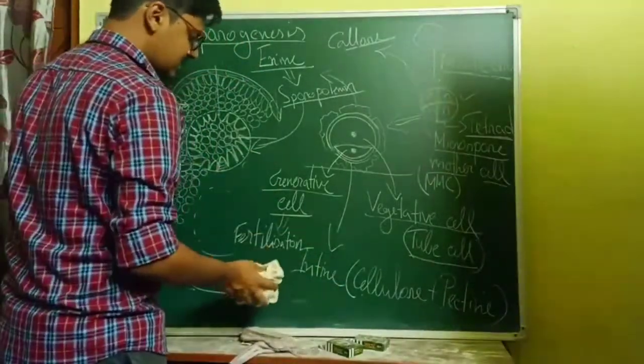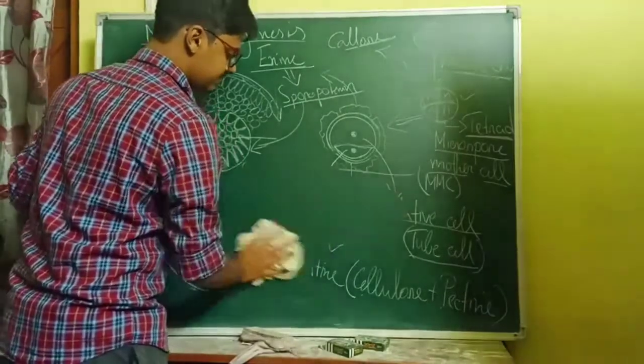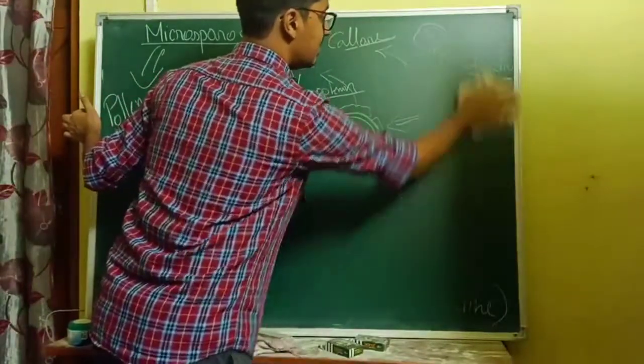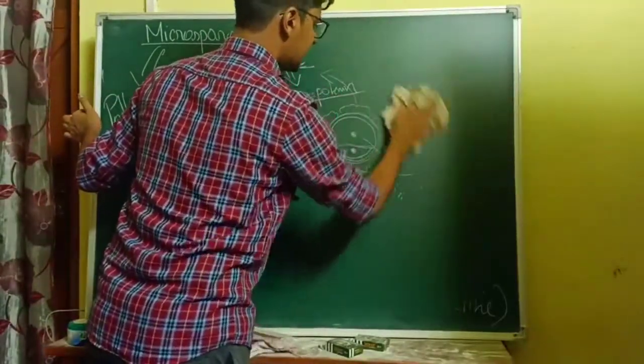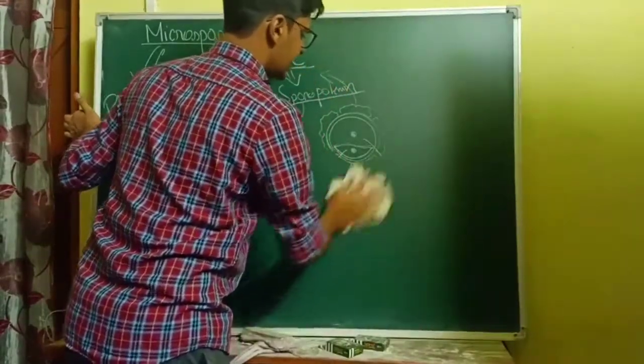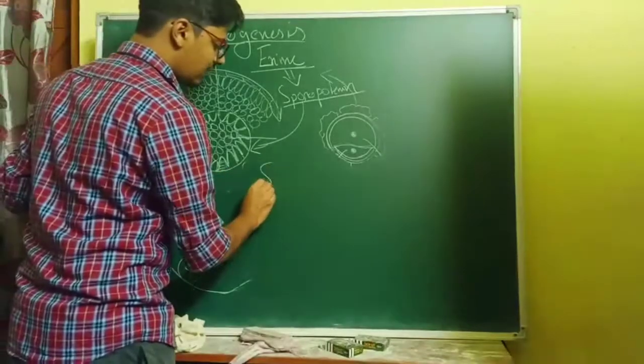Now a few more important things that we have to discuss about the pollen grain. And one thing I forgot to discuss is the tapetum layer. The features of the tapetum layer we forgot to discuss. This is our pollen grain. Now a few things. Study of the pollen grain.